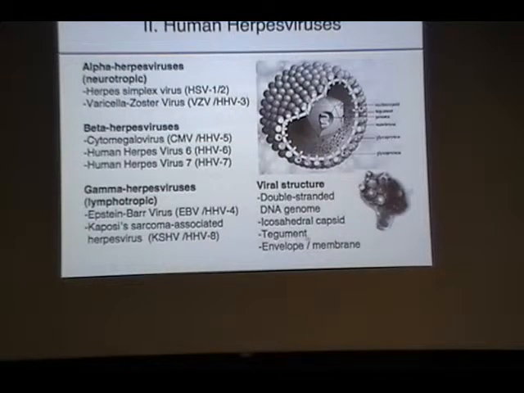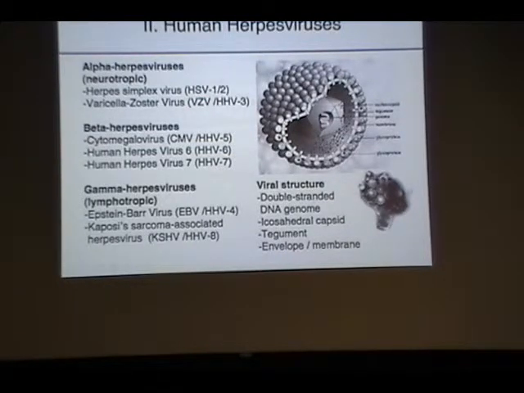Basically, the tegument is a whole bunch of different virus proteins that serve as a matrix to further protect the virus particles. So as I mentioned, this is an enveloped virus, right? The membrane comes from the cells when the virus is produced by the cells. And so far, we have discovered 8 different herpes viruses in human,